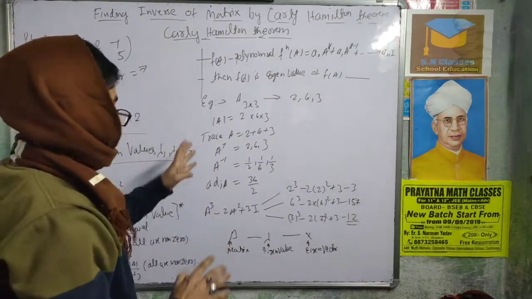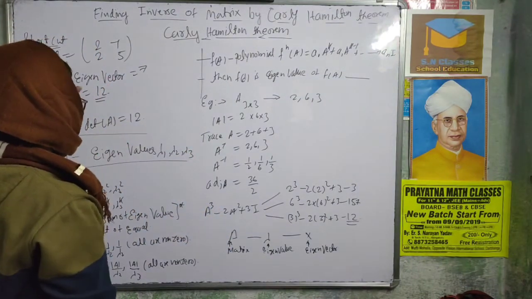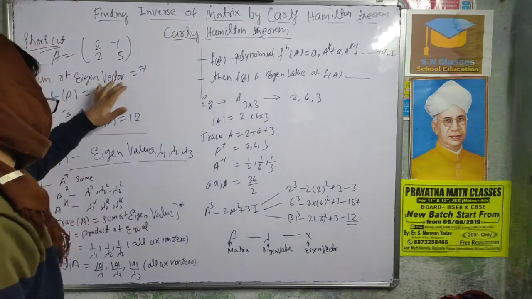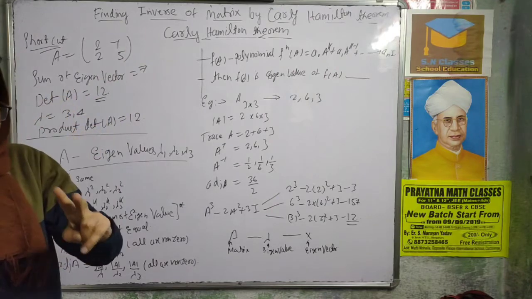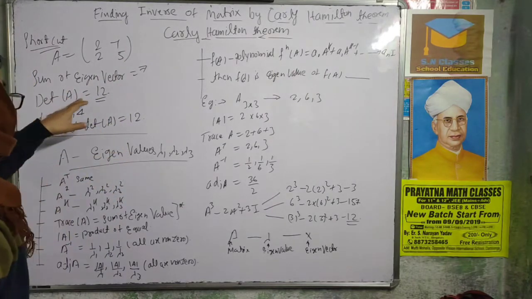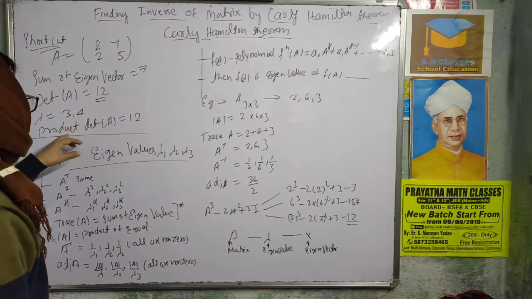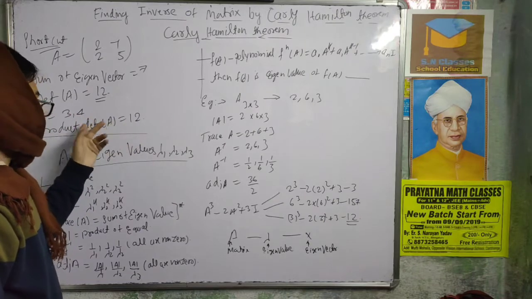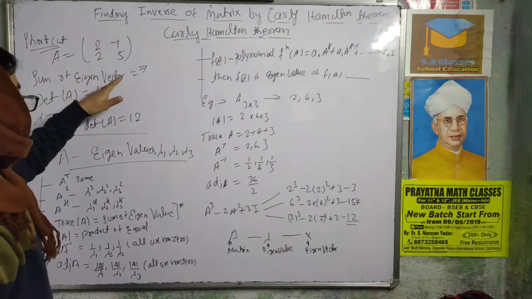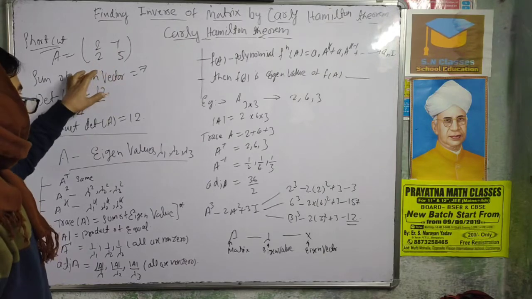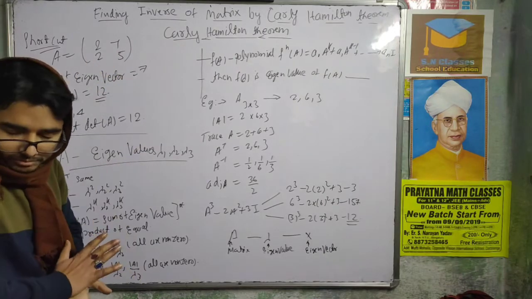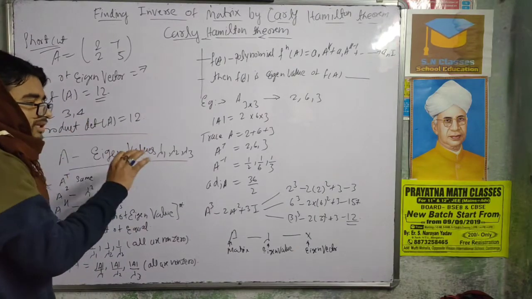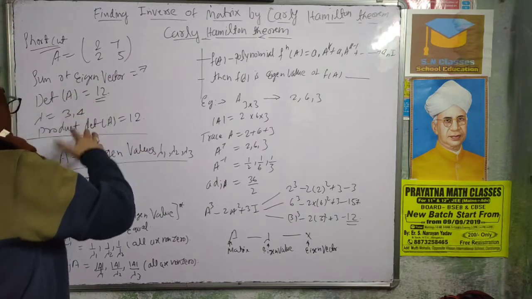For the previous question, the shortcut for finding the lambda values: for the matrix 2, minus 1, 2 and 5, the sum of eigenvalues is 7. This shortcut is applicable only for a square matrix of size 2. The determinant value is 12, so the lambda values are 3 and 4. The product equals the determinant value 12, which means the lambda values are 3 and 4. That is satisfied because the sum of eigenvalues equals 7. So lambda 1 plus lambda 2 is 7 and the product is 12. The required lambda values are 3 and 4. Without solving anything, you can get it just by looking at the answers.